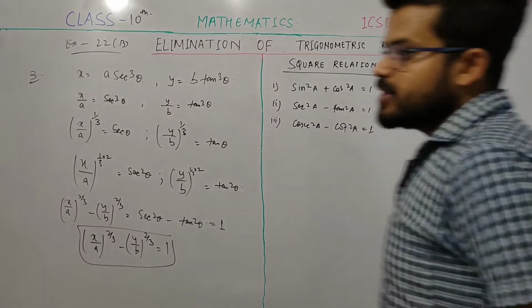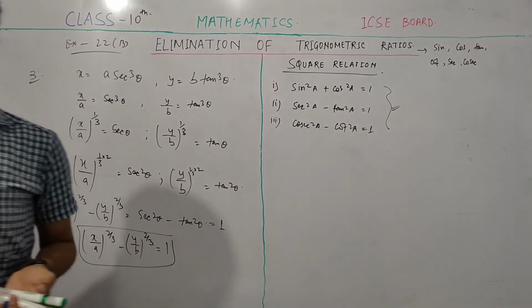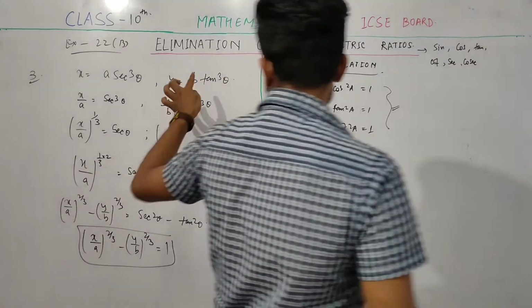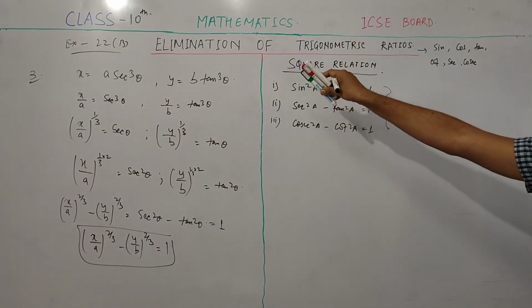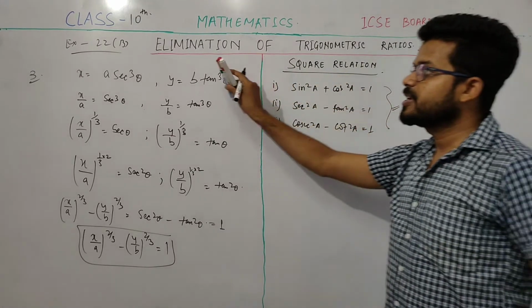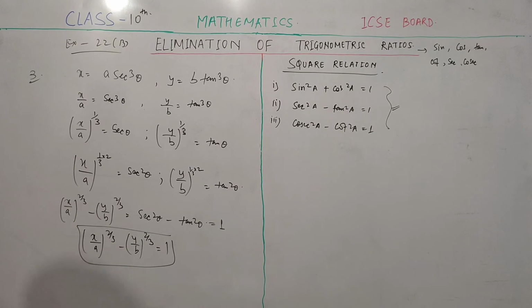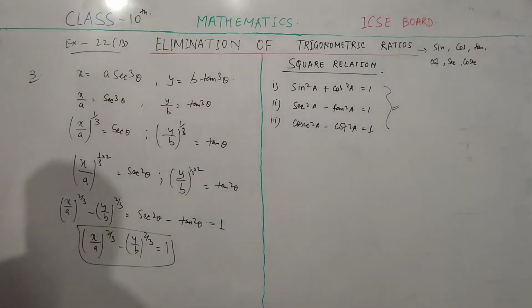This is question number 3. Question number 4 is also very simple. It is similar to what I solved here in question number 1, example number 1. Okay. In question number 5, a hint is given. So cos theta and sin theta I write here. So simply I convert this cos theta into this relation, a square relation. So this is question number 5.